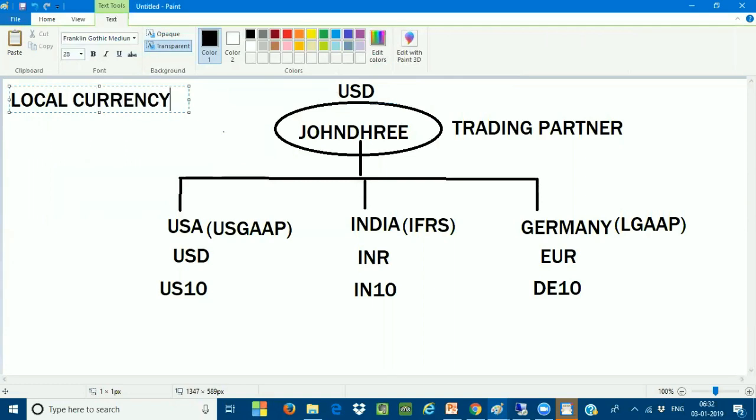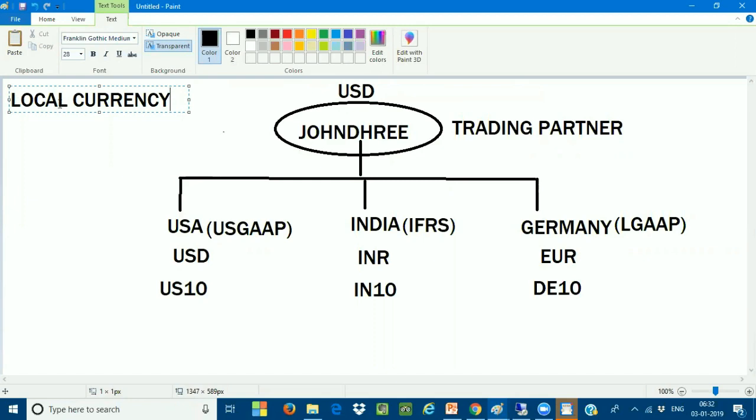Hi, Mahesh. So why did we select USD as a group currency? Can we select any other currency as a group? Any other, sir? It is an example which I'm providing right now on the board. Okay, you can have any other currency. Here, it's only an example. Yeah, okay, that's fine.